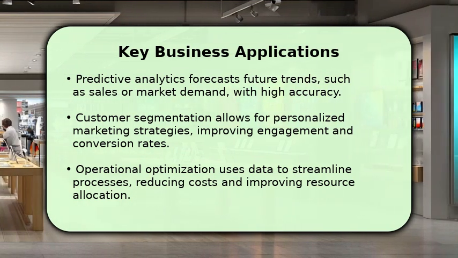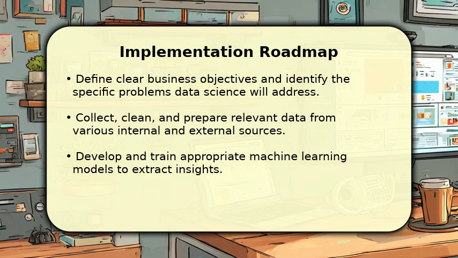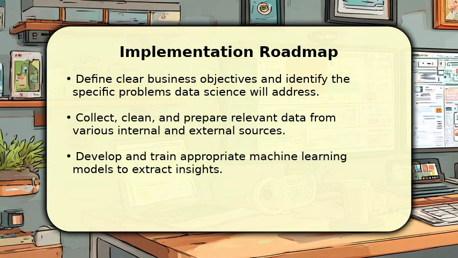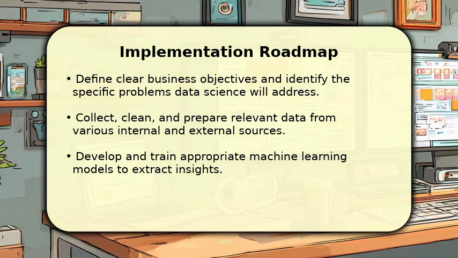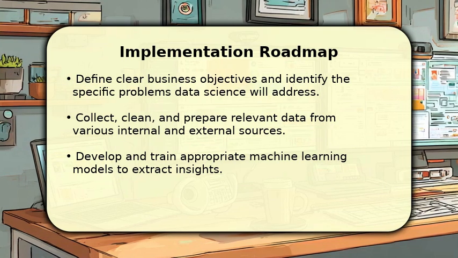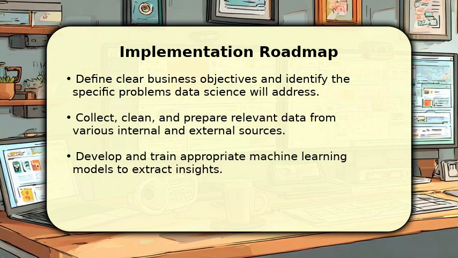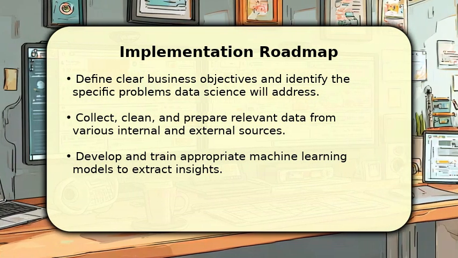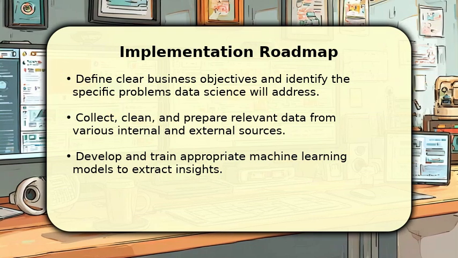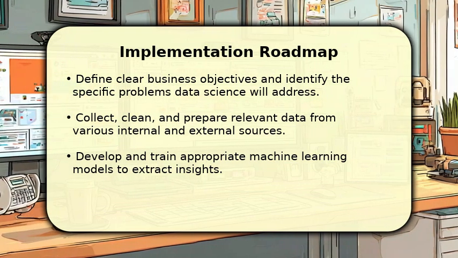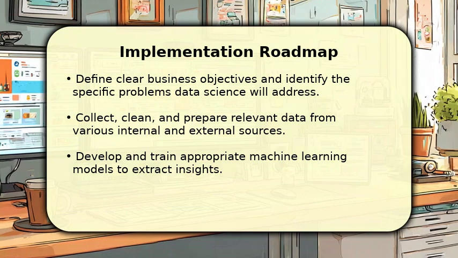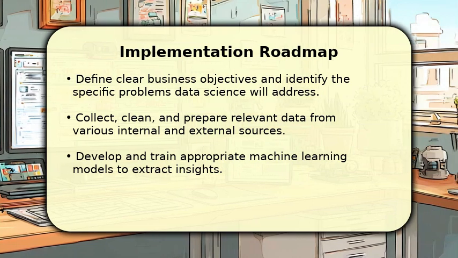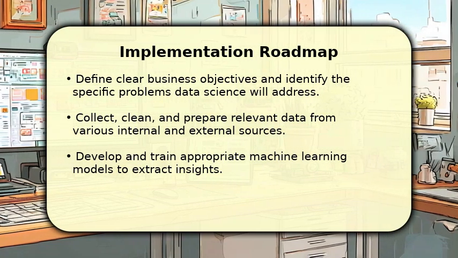from unforeseen challenges. Implementing data science effectively requires a structured approach. First, clearly define your business objectives, for example, aiming for a 5% reduction in customer churn. Next, gather and meticulously clean your data, ensuring its quality for accurate analysis. Then, develop and train robust machine learning models, perhaps achieving an 85% prediction accuracy. Finally, deploy these models into your operational systems and establish a continuous monitoring process to ensure sustained performance and iterative